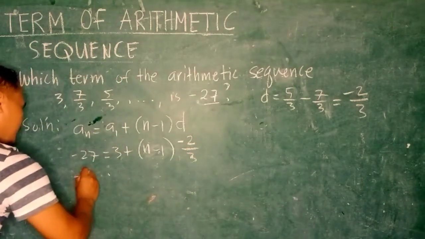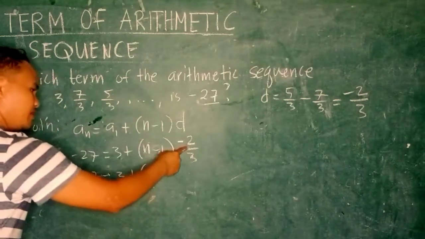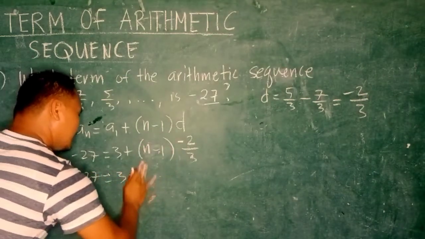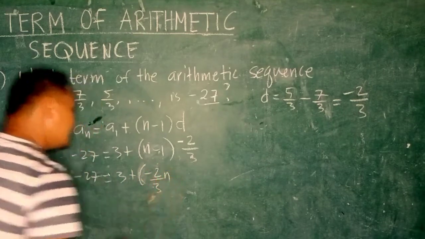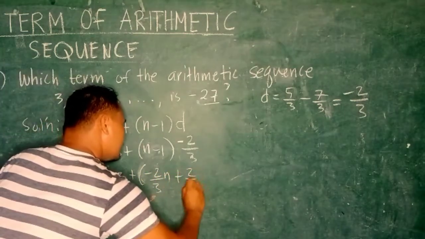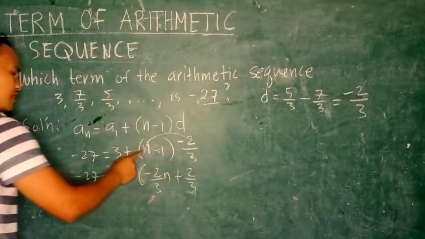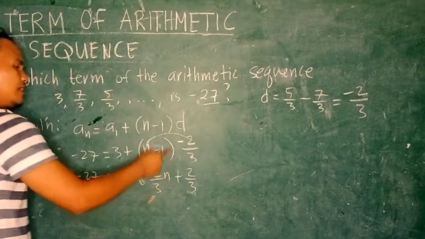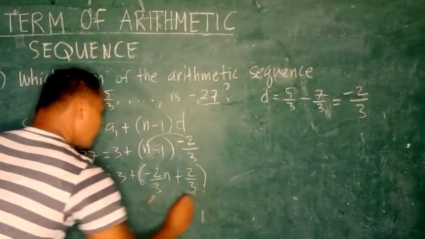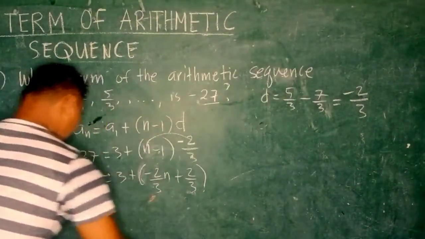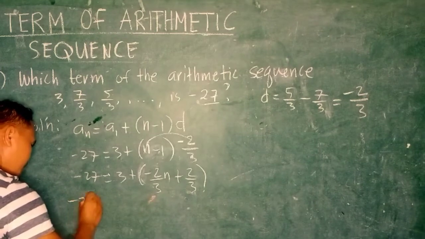Okay? So negative 27 equals 3 plus negative 2/3 times the quantity n minus 1. Distribute na ito, multiplication. Negative 2/3 times n, negative 2/3 n. Negative 2/3 times negative 1 is positive 2/3. Combine like terms. 3 and 2/3 are like terms. Negative 27 equals,